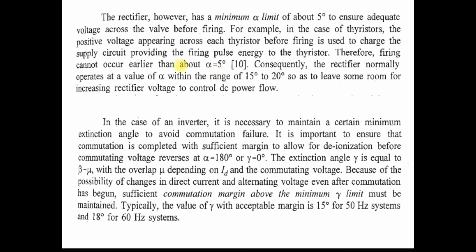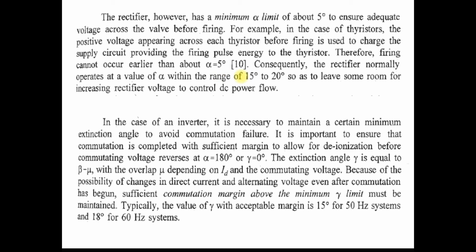So again, suppose that you require a higher voltage at the DC side. With alpha 5 degree, you cannot achieve a higher voltage, because alpha 5 is the minimum limit. It means alpha equal to 5 degree gives you the maximum voltage at the DC side. Clear? So to provide control of the DC voltage at the DC side, you must provide alpha within the range of 15 to 20. When you operate at 15 to 20 in normal operation and you require a high DC voltage at the DC side, you can reduce alpha from 15 to 5 degree, because you have the range between 5 and 15 degree.